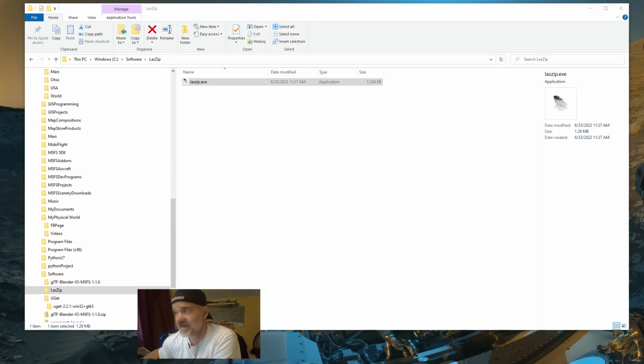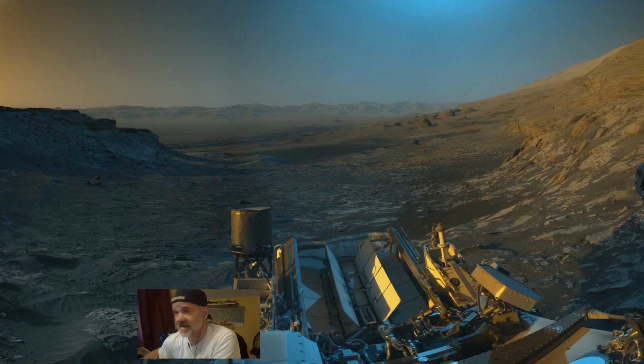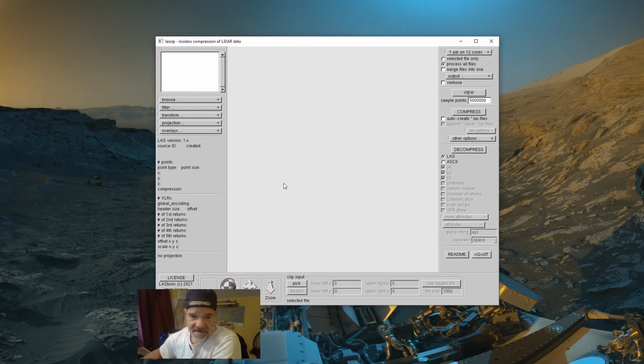And you're going to get your warning, which is normal, but the software is safe, okay? It is safe. So you might get the Windows security warning that it may not be a safe software, but just hit continue and it will run this software. But you only have to do that once. So anytime that you run laszip.exe,